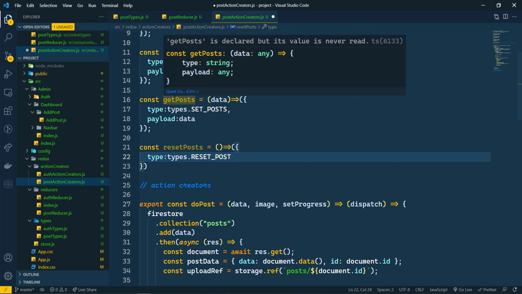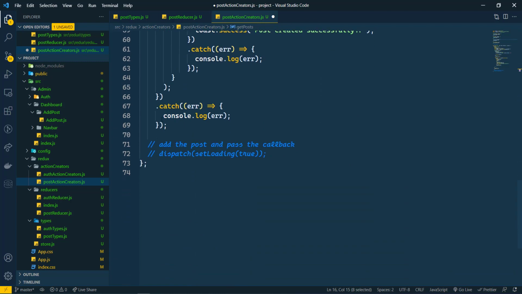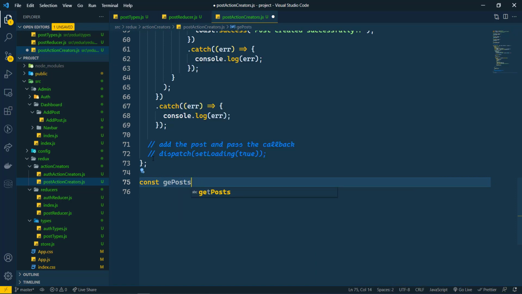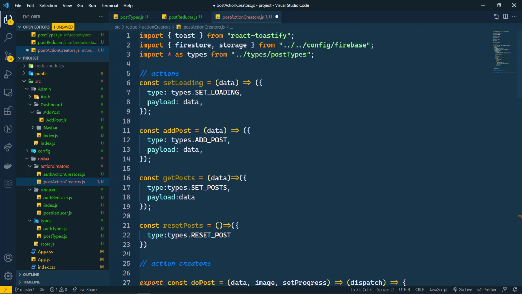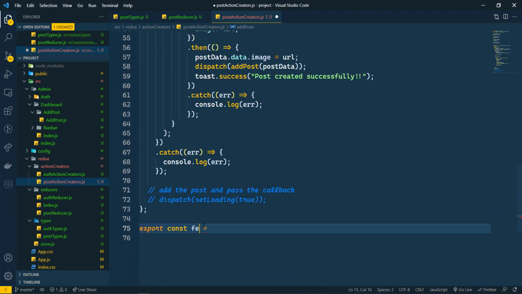And let's create the action creator. So first of all today we will create only action creator for get post only. So I'm going to copy this, and here will be get posts. So we don't need actually reset posts also. So add post, just like that, export const add posts. So is there any add post? Add post is there, but add posts are not there. So I'm going to write fetch posts, and it will be having array.